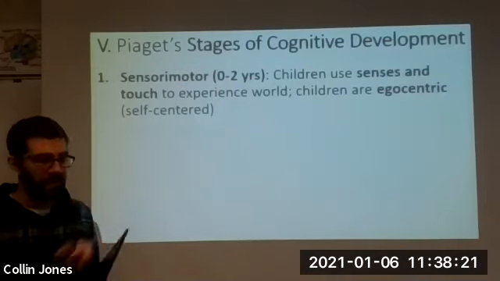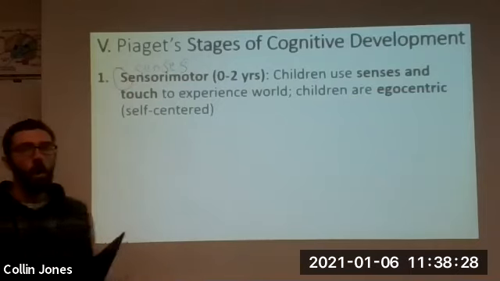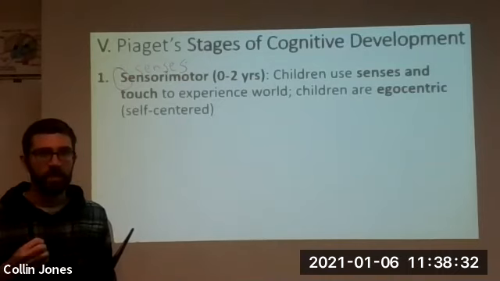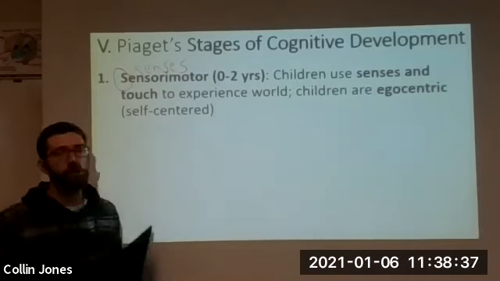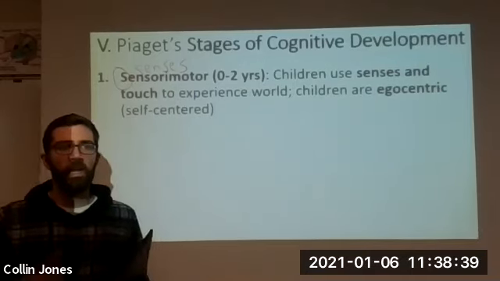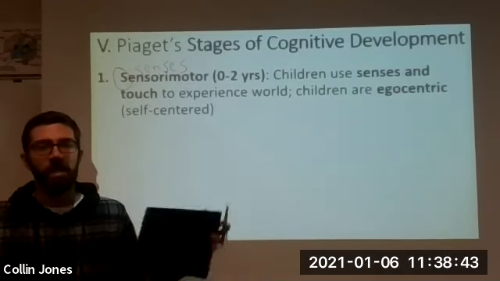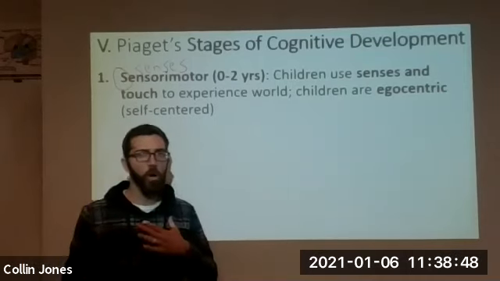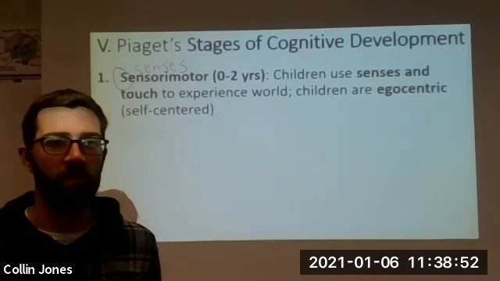The first one, the S, stands for the sensory motor. Sensory motor stage is when all you think about is the stuff that you can sense, okay? Stuff that you can touch and move. In the first 2 years of life, little kids, if they can't hold it and touch it, put it in their mouth and taste it, it's as if it doesn't exist to them. They are very self-centered. They are egocentric. They are only focused on the things that they can see and touch, okay?